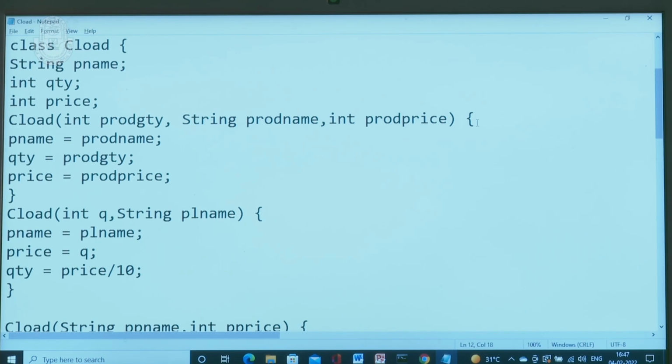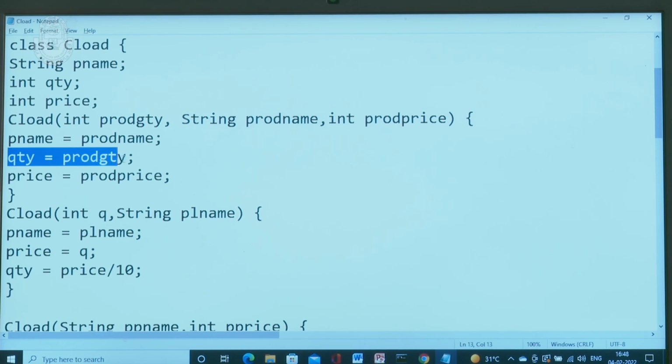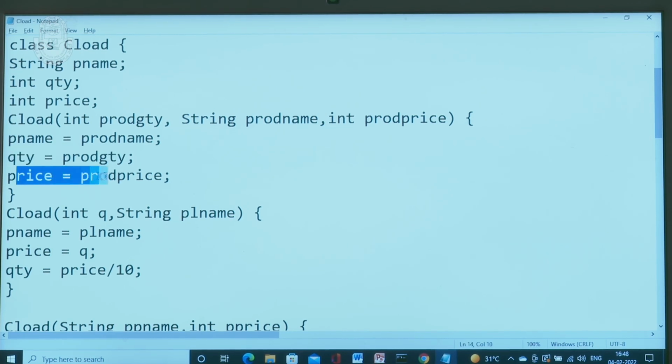Here this is the begin bracket, this flower bracket is begin. pname = prodname; qty = prodqty; price = prodprice; }